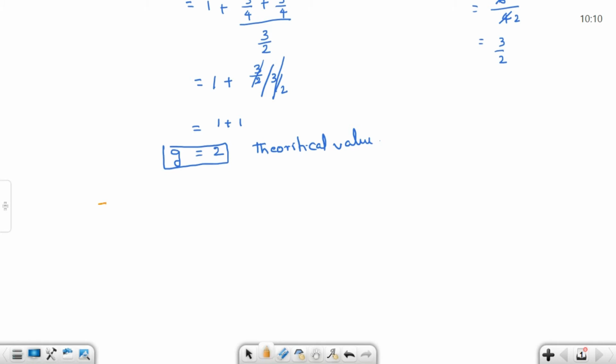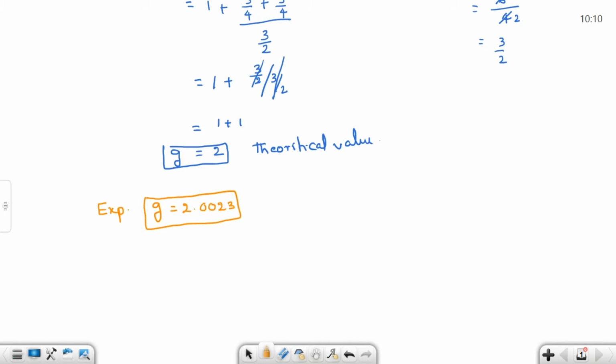Experimentally the G value is equal to 2.0023. This is the experimental value. The above one is what we calculated, that is the theoretical value, but when you observe practically, the G value is equal to